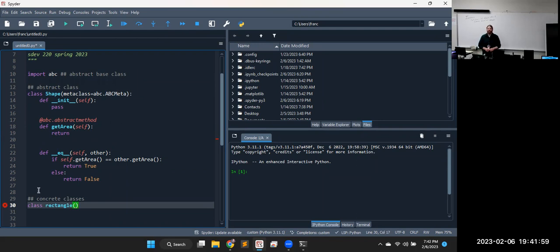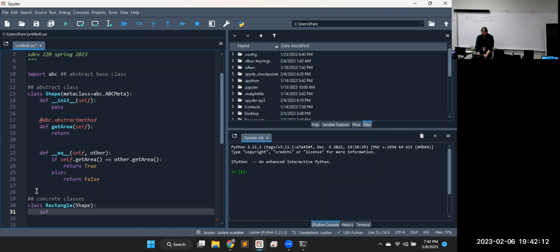What are rectangles going to have? Rectangles. Oops, I'm going to make that a capital R. That's just the naming convention I like. Rectangles are going to inherit from shape, so we get all of that stuff. And when we set up our constructor,